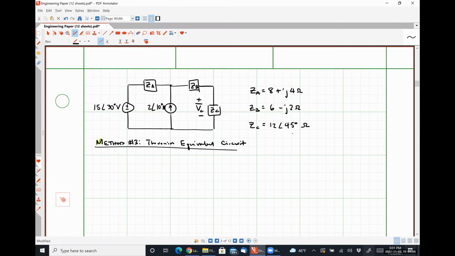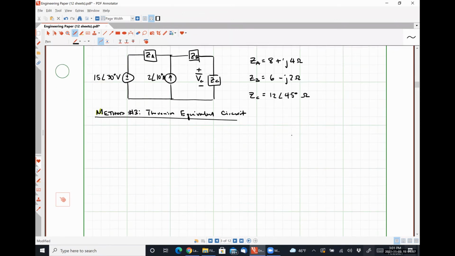All right. So since I'm trying to find the Thevenin equivalent with respect to ZC, what do I need to do to impedance ZC first? I have to take it out so that I can find the open circuit voltage seen by that, right? So that means that I would have this guy right here, 15 angle 30 degrees volts,